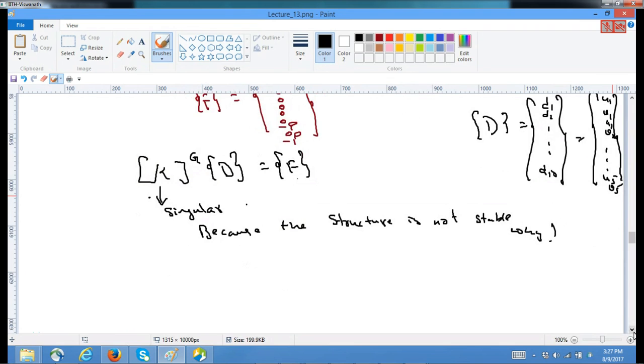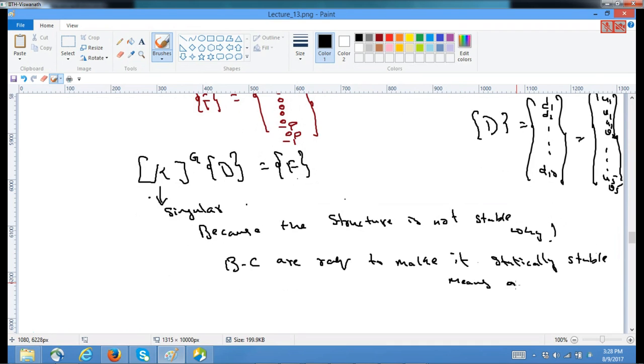The boundary conditions are required to make the structure statically stable. Statically stable means arresting all kinds of